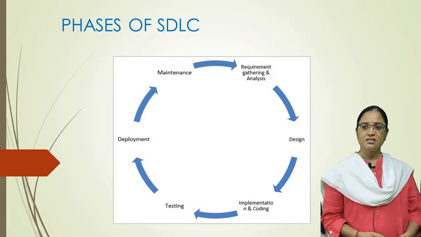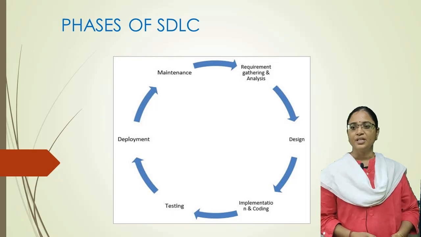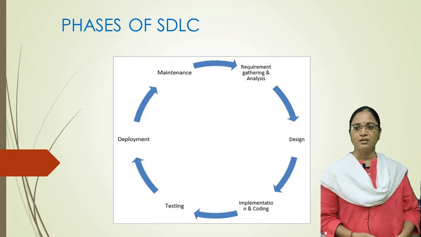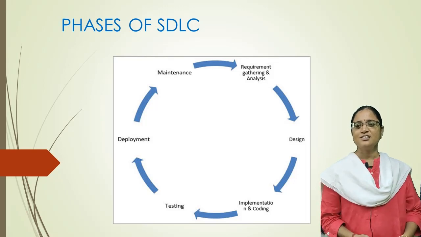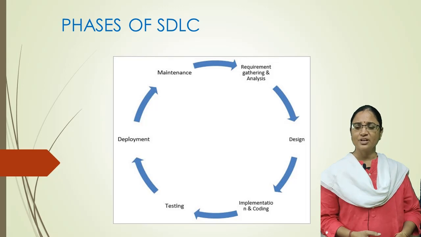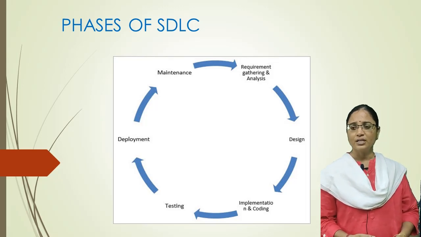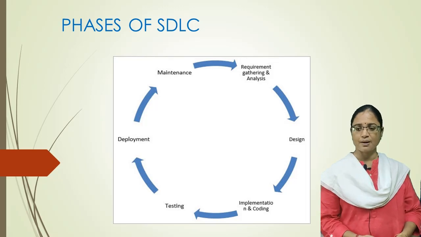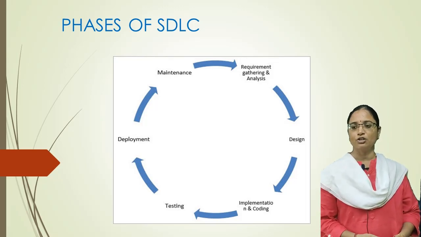And next, coming to the operational feasibility. Can we create operations which are expected by the client? And next, technical. Need to check whether the current computer system can support the software. It means the system which we are using, whether it supports the software, whether it can be installed in our system, will it work, and whether our system is compatible with the developed product or not. That should be checked in the technical feasibility.